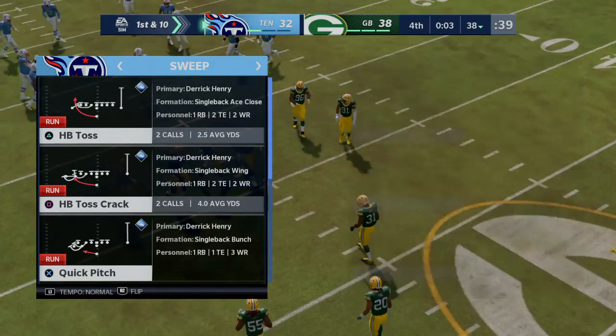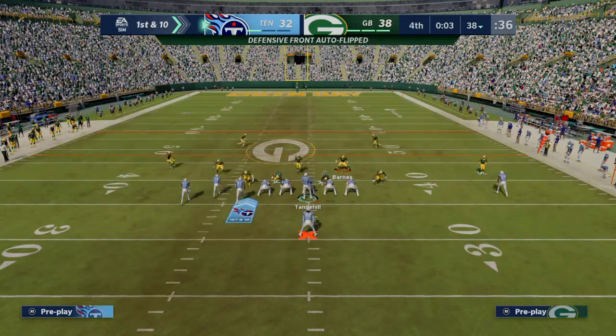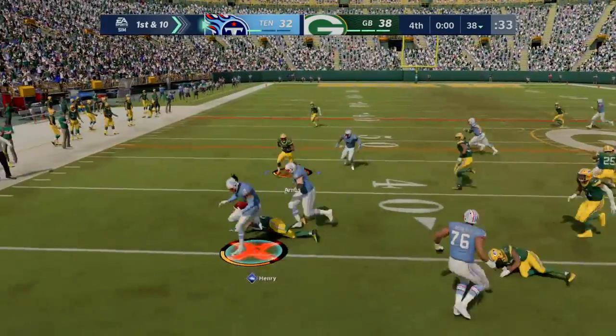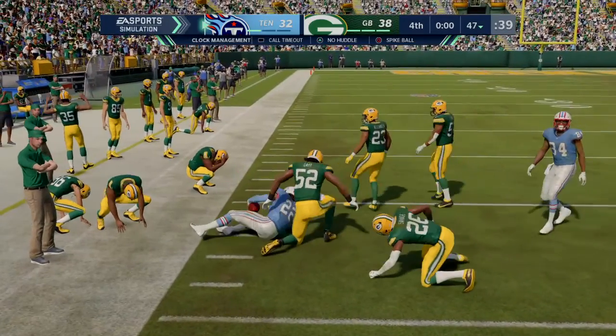Of course, they had the option, and they choose to not take the penalty. They like the results of the play that they just ran, and they elect to let them stand. A 20th carry down for Derrick Henry. Legs still churning. Like a giant pinball. And he's going to get a solid gain of